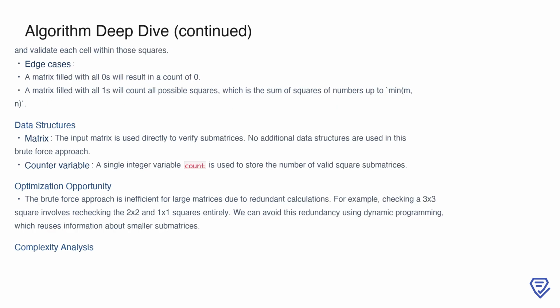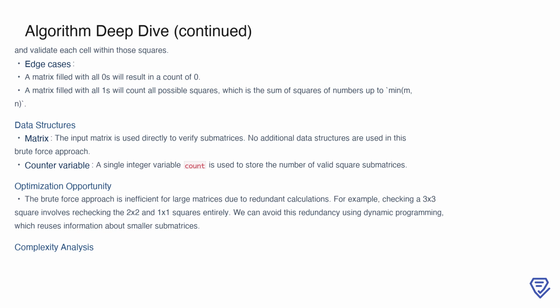The brute force approach, while straightforward, has some inefficiencies. Since we are validating every possible square by checking all of its cells, this can lead to a significant amount of redundant calculations, especially for larger matrices. For example, when validating a 3x3 square, we recheck the cells that were already validated for the 2x2 and 1x1 squares within it. This redundancy makes the brute force approach computationally expensive, with a time complexity of O(m n)